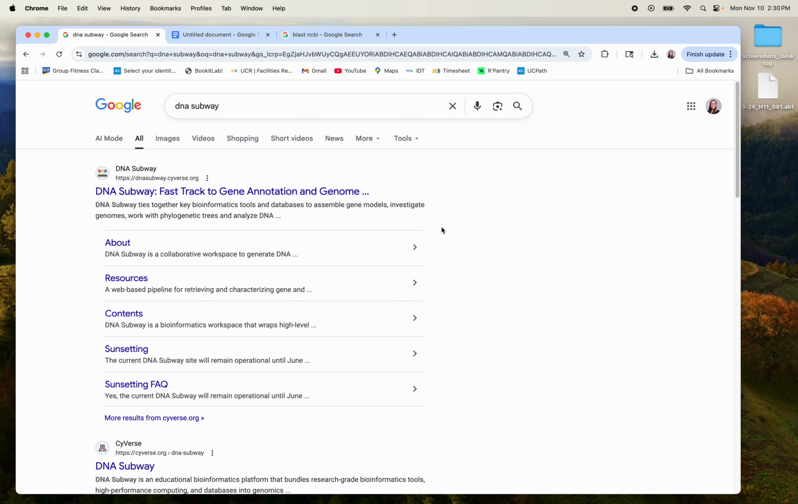Okay, so I just wanted to do a very quick run through of how you would analyze your sequences from Sanger using DNA Subway so we can actually view our electropherogram here. So if you search for DNA Subway, we're using the